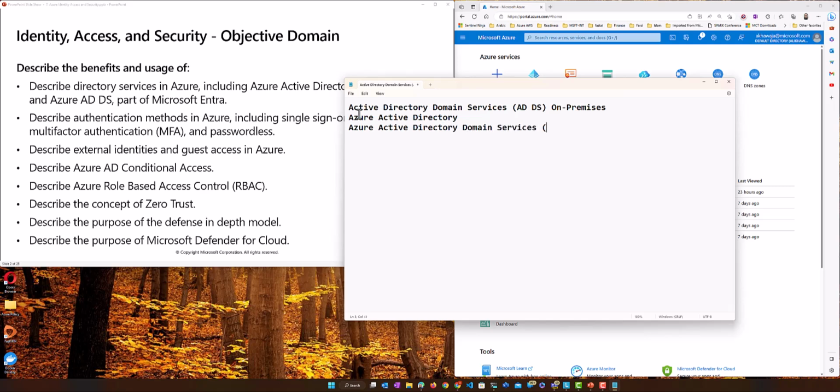Like we have these cloud-based ADDS. So yeah, we have Active Directory Domain Services on premises. Then we have Azure Active Directory, and then we have Azure Active Directory Domain Services, Azure ADDS.